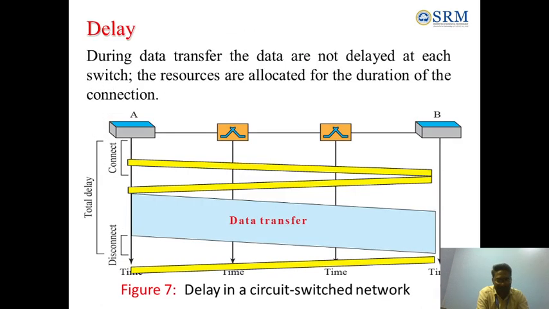And in the case of delay, when will the delay occur? When we make a seamless data transfer from the sender to the receiver, the delay occurs because of the resource allocation part. It is not delaying at the part of the switch. It is mainly because of